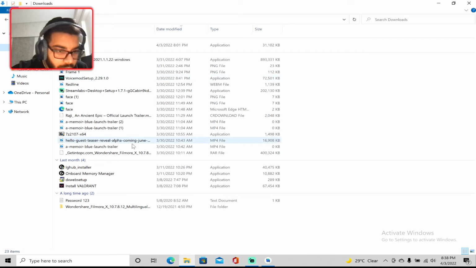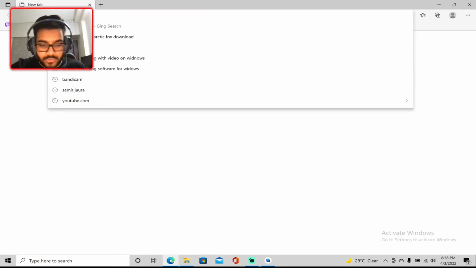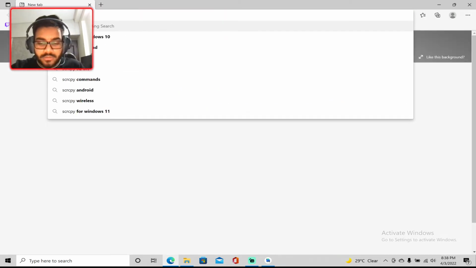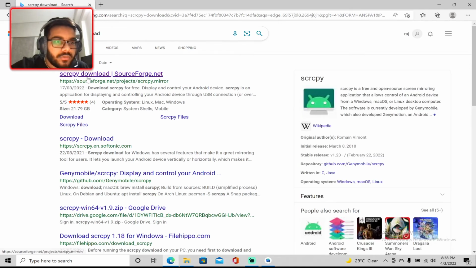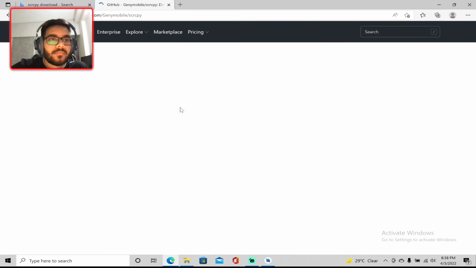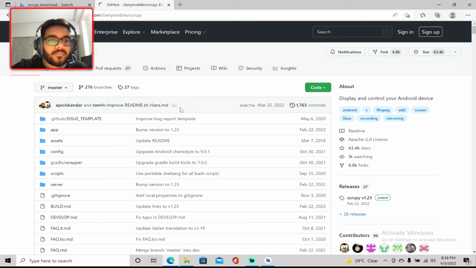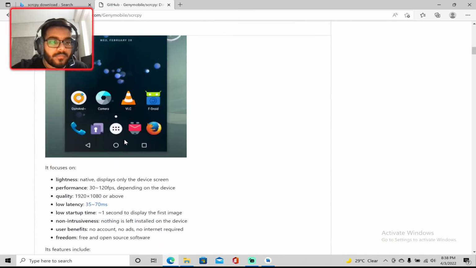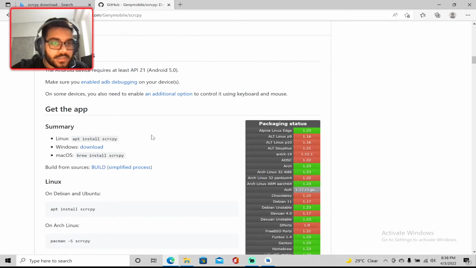So let me check if I have it. No, so I can download it. I'll give you a bonus tip. So download scrcpy, screen copy. I think Genymotion would be okay. So what this does is